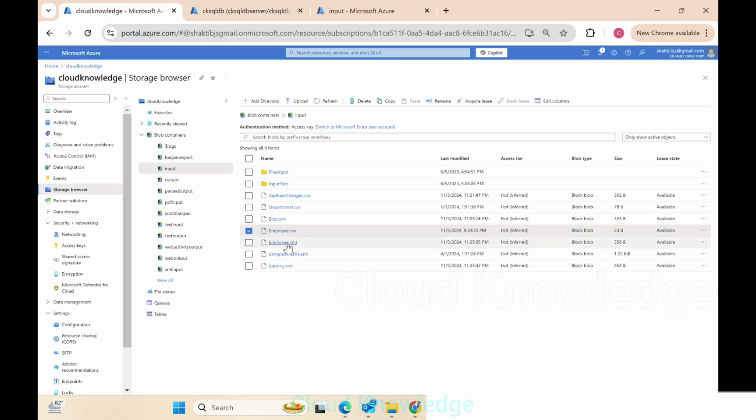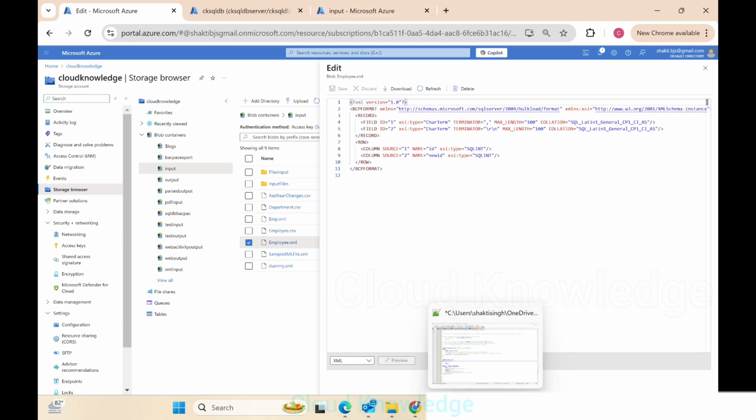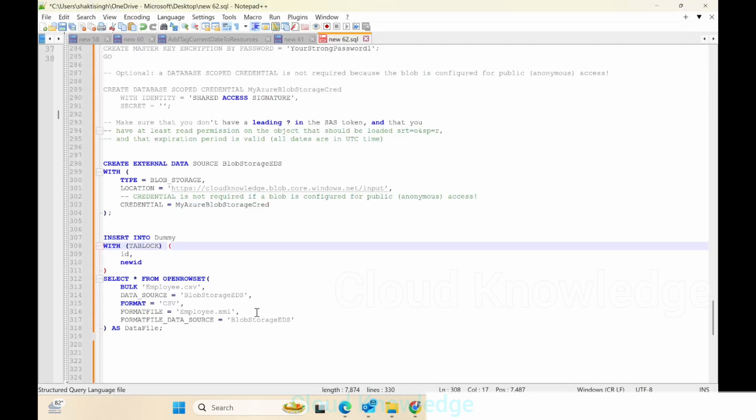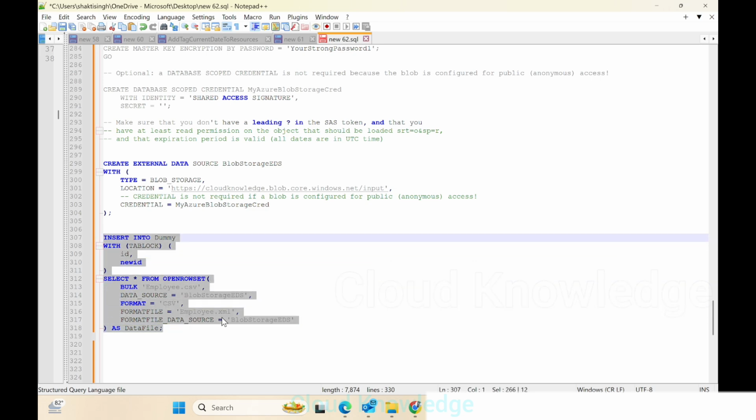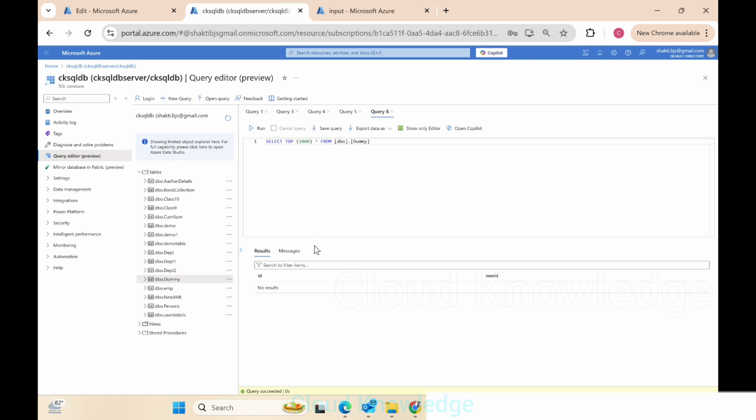So if we close here and we have this employee.xml file, just go to the three dots on the right side and click on view and edit. You will see the same file over here. Okay, this is having ID and new ID, and in the syntax we have this employee.xml. Since it is present in the same data source, we have just given the name. Okay, this looks fine, and we will now copy this entire command, go to the SQL DB, and now currently